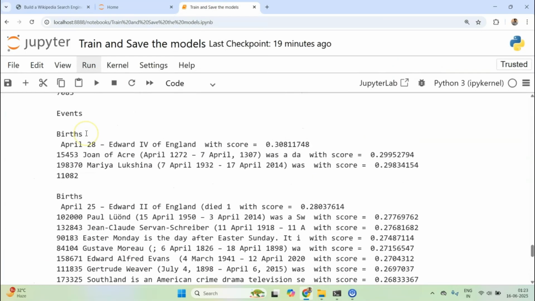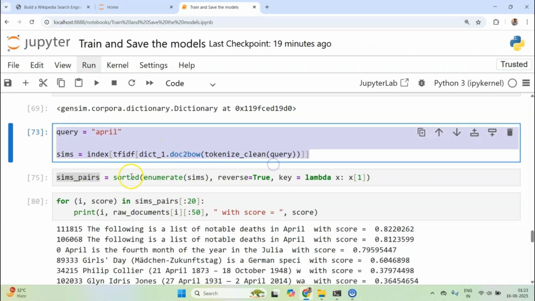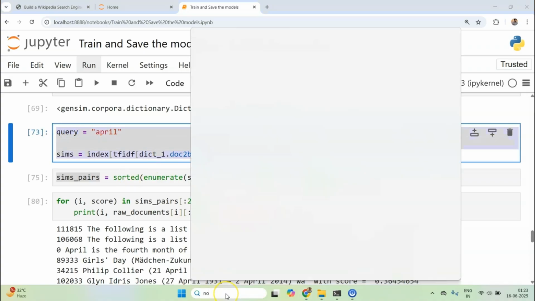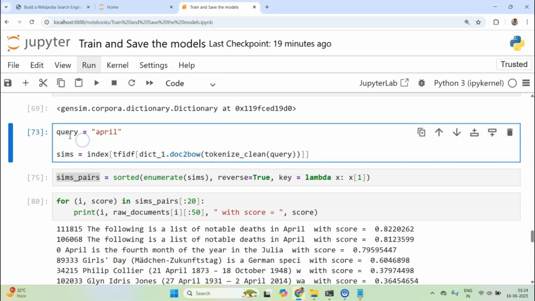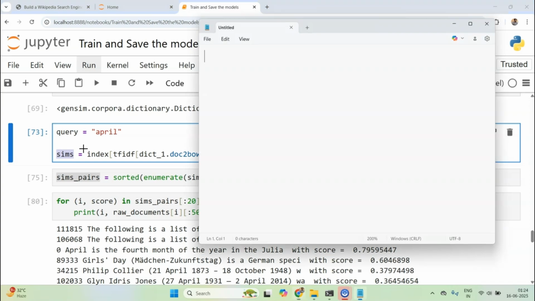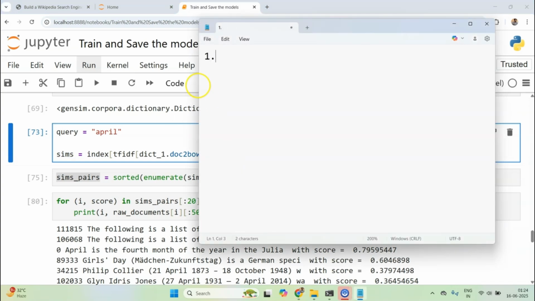So if I just look at this code from here, what are the pieces of information that we would need? Let me open the notepad. So let me ask this question again. What are the pieces of information I would need to take any query and convert it into a similarity? Okay, so let's look at them one by one. Initially I need to tokenize it. So first I have to save the tokenization process, the tokenize function.